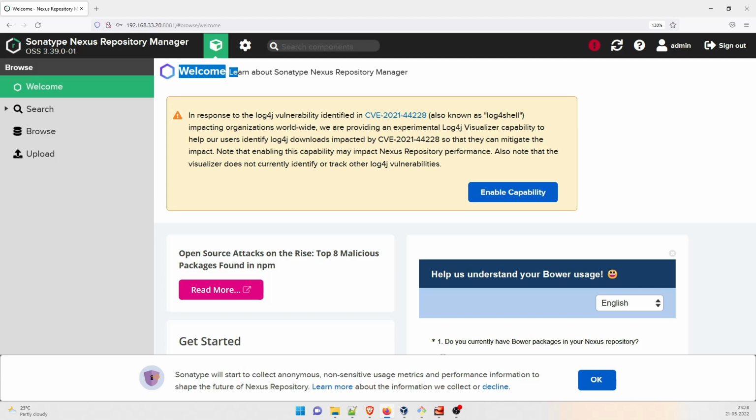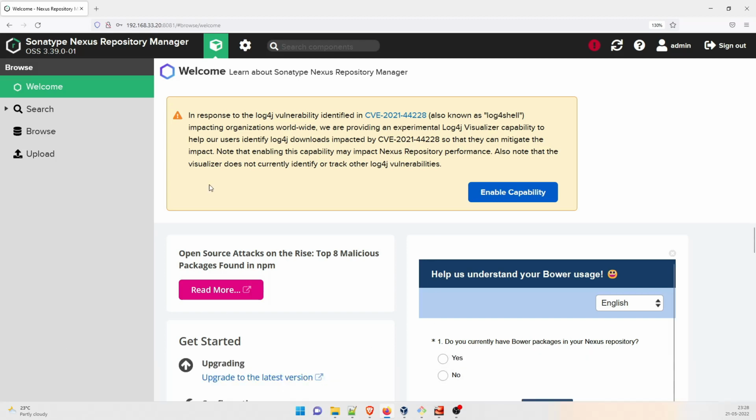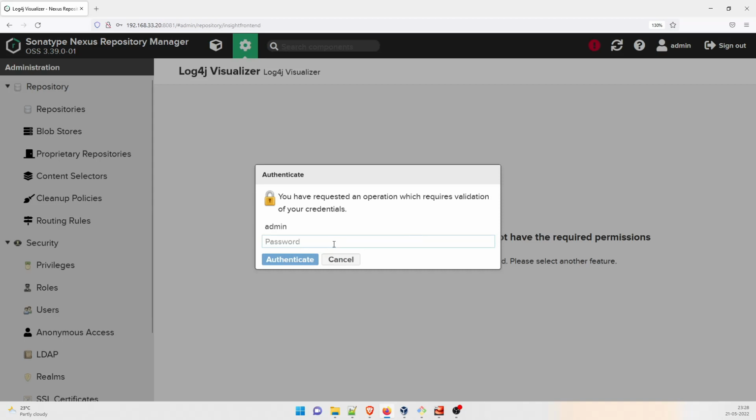So that's all you have to do over here. I'll just press OK, and it is saying that in response to the log4j vulnerability, identify this and this, also known as Log4Shell. If you remember, there was a log4j vulnerability a few months back, and you can fix that. So you can enable the capability if you want. It will ask you for the